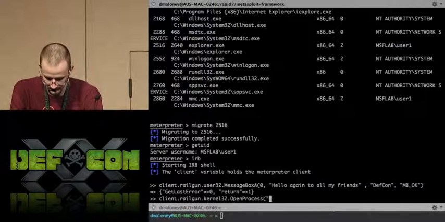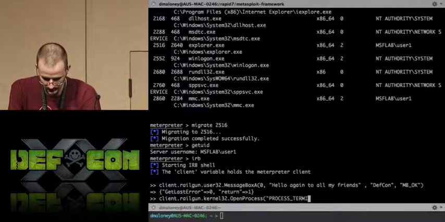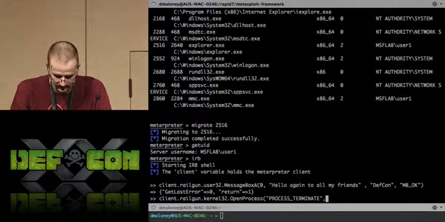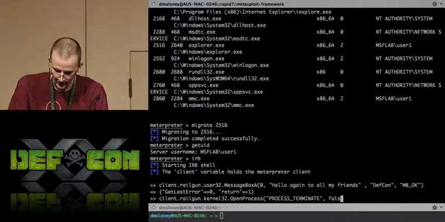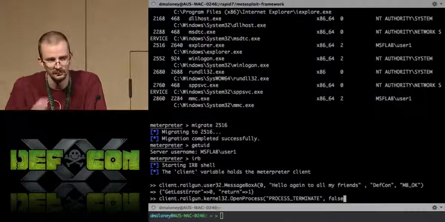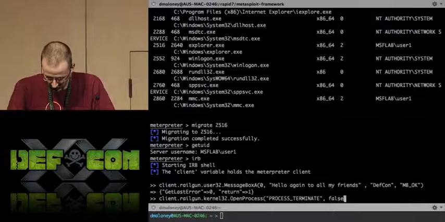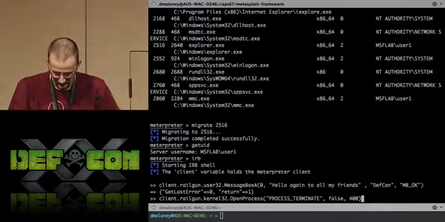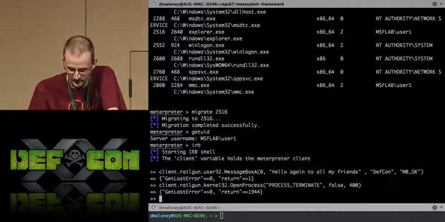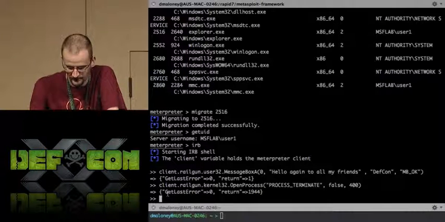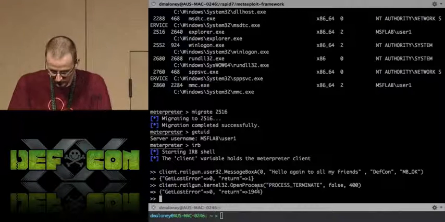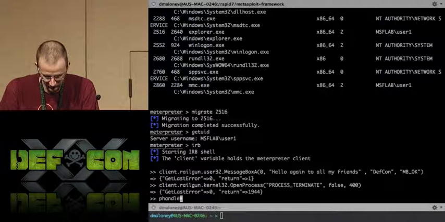And again, we're going to pass it in a constant, which Railgun already knows about. It's going to be PROCESS_TERMINATE, and that's basically the privilege level that we're opening that handle with. False here has to do with handle inheritance and process manipulation. It's really not important for this particular demo. And then we pass it the PID. And you can see here, this is the return hash I was talking about. We know it worked because our GetLastError is 0, and that number is actually the representation of the handle. So I'm just going to shove that return value into a variable here,